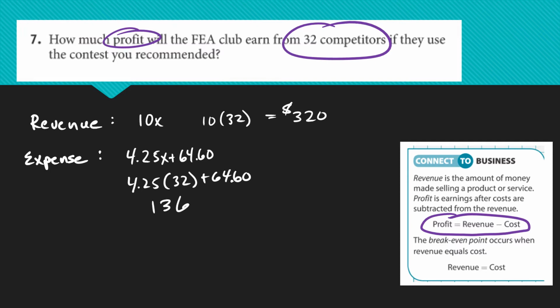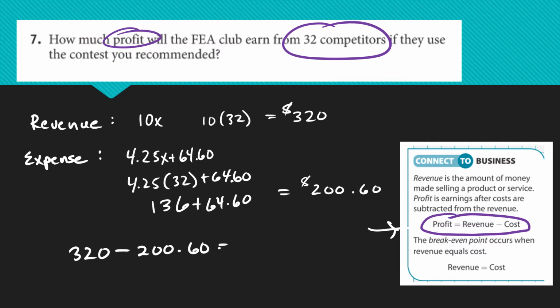So I'm getting 136 plus 64.60, which means our total cost would be $200.60. So profit is revenue minus cost, so 320 minus our cost, $200.60, will leave us with a final profit of